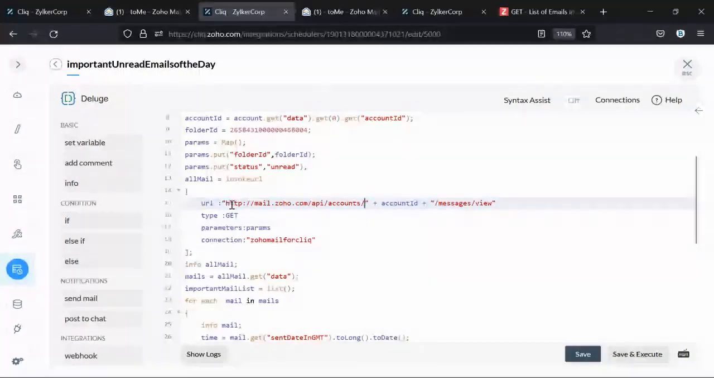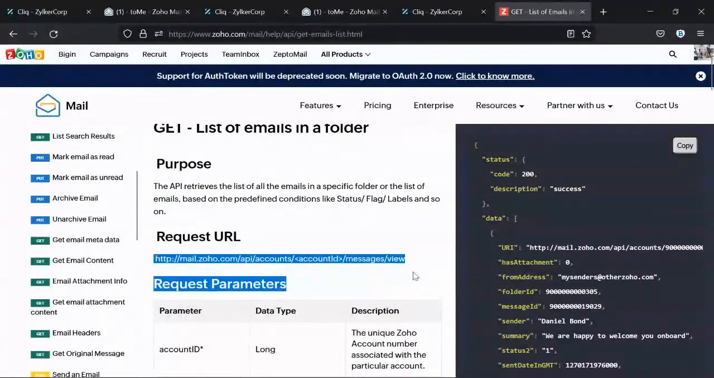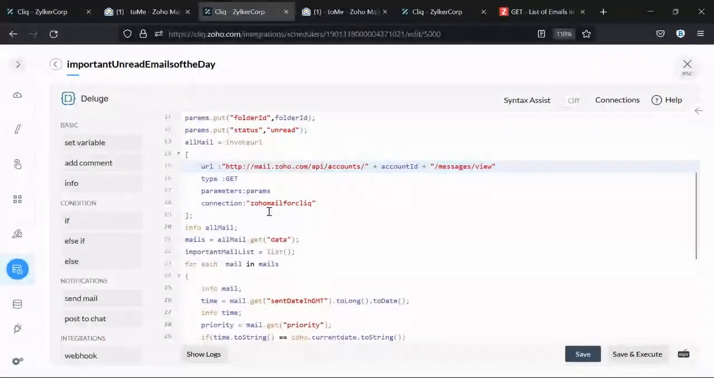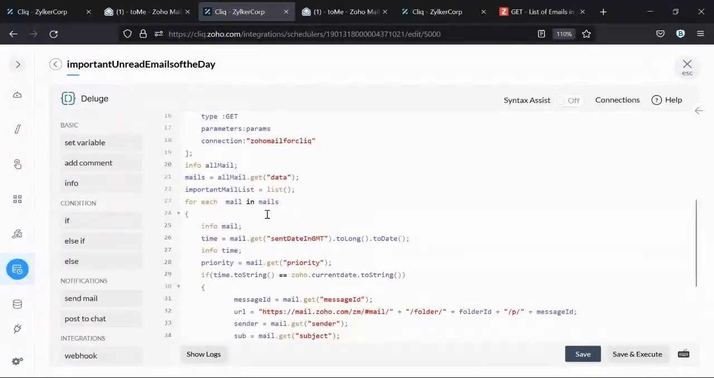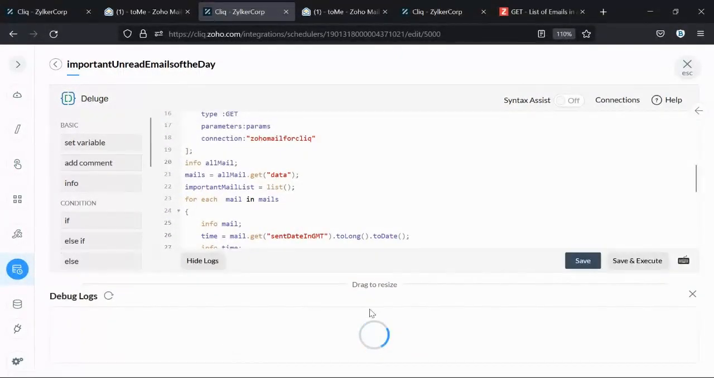Next up, we've used the invoke URL statement, and we've copied the URL from the REST API here. So this is the request URL. We've copied this and pasted it there, and the type is get, and we've passed the parameters map here as params. Next, we've used the connection that we created for Zoho Mail, which is Zoho Mail for Cliq. Next up, we've got all this data. So if we click on logs,